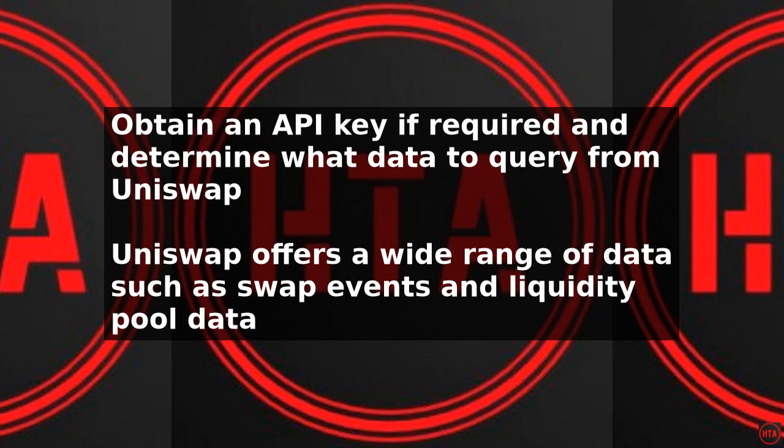all types of data. You can use a tool like GraphQL or a programming language like Python or JavaScript to send a query to the API. For example, to query the latest swap events for a specific token pair, you can use a query like this. Query swaps first 100 where token address in equals 0xC02AAA39B223